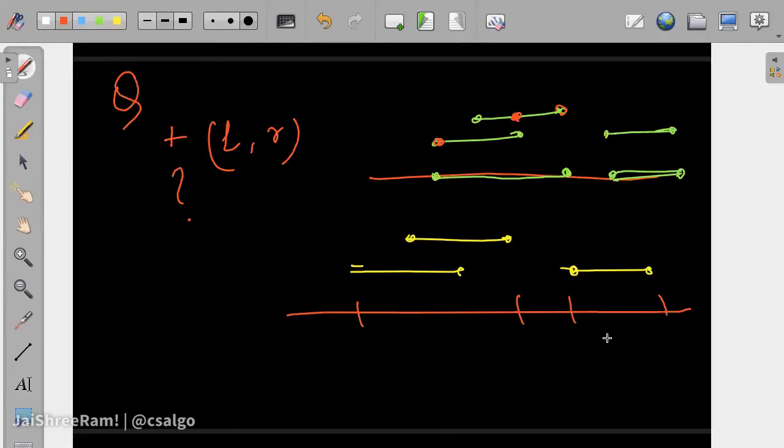Okay. So when an add query comes, we check if it overlaps with existing segments and then we merge it. Yeah, so this is one potential solution. But the thing is, how do we do this? If we can do this, then we are done, right? Like when a segment inserts, if we can just merge things accordingly, then we are done, right? That's correct. But how do we do this part?